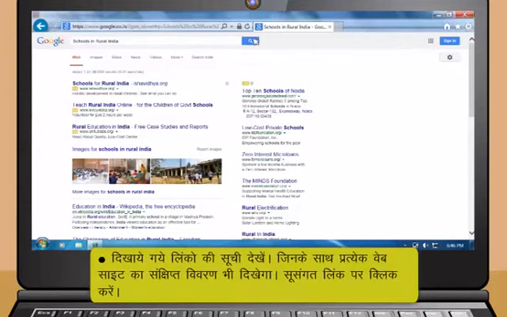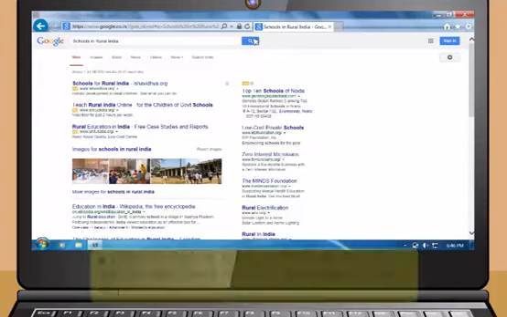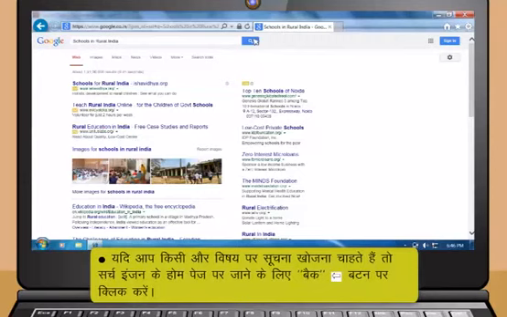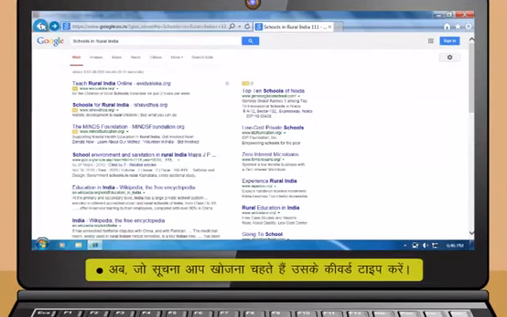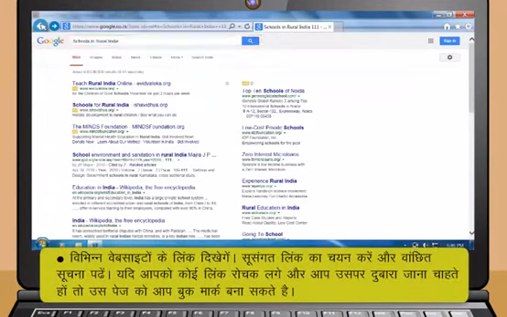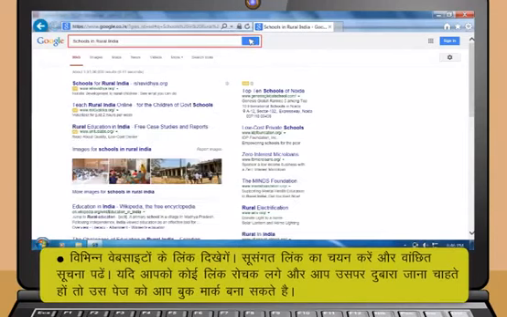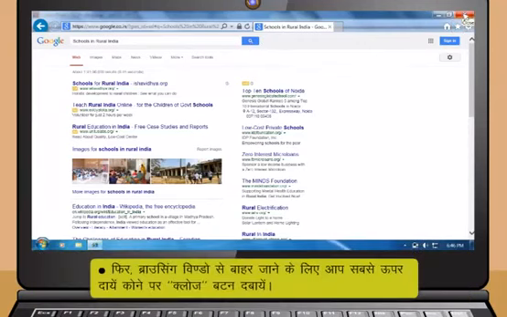दिखाए गए लिंकों की सूची देखें, जिनके साथ प्रत्येक वेबसाइट का संक्षिप्त विवरण भी दिखेगा। सुसंगत लिंक पर क्लिक करें। यदि आप किसी और विषय पर सूचना खोजना चाहते हैं, तो सर्च इंजन के होम पेज पर जाने के लिए बैक बटन पर क्लिक करें। अब जो सूचना आप खोजना चाहते हैं, उसके कीवर्ड टाइप करें, फिर सर्च बटन पर क्लिक करें। विभिन्न वेबसाइटों के लिंक दिखेंगे। सुसंगत लिंक का चयन करें और वांछित सूचना पढ़ें। यदि आपको कोई लिंक रोचक लगे और आप उस पर दोबारा जाना चाहते हो, तो उस पेज को आप बुकमार्क बना सकते हैं। फिर ब्राउजिंग विंडो से बाहर जाने के लिए आप सबसे ऊपर दाएं कोने पर क्लोज बटन दबाएं।